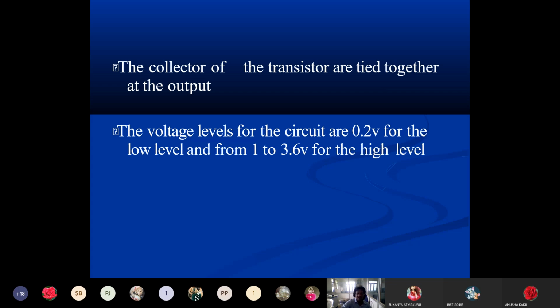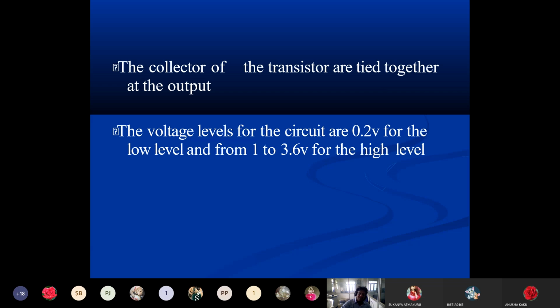We have already seen the logic levels for CMOS also. So if you are having from 0 to 1.5, it is low level, and from 3.5 to 5 is high level. So between 1.5 to 3.5 we can call it an undefined voltage.